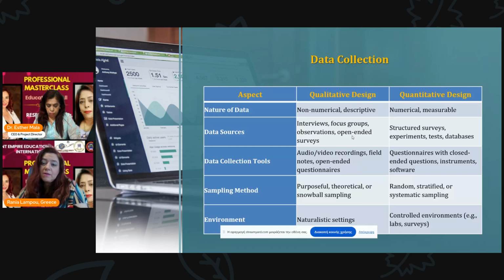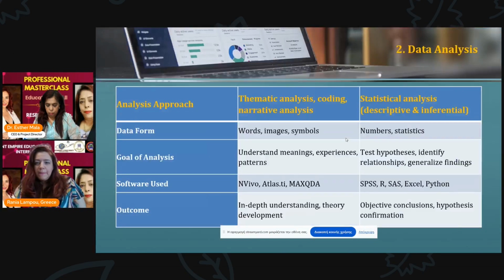From the beginning, you need to already select which research design is appropriate for your research question and your whole study. And in terms of environment, qualitative design has to do with naturalistic settings. On the other hand, quantitative design is related with always controlled environments. In terms of data analysis now, first,